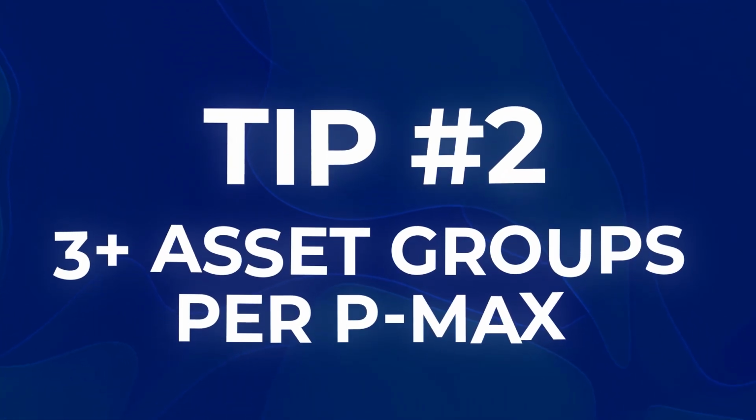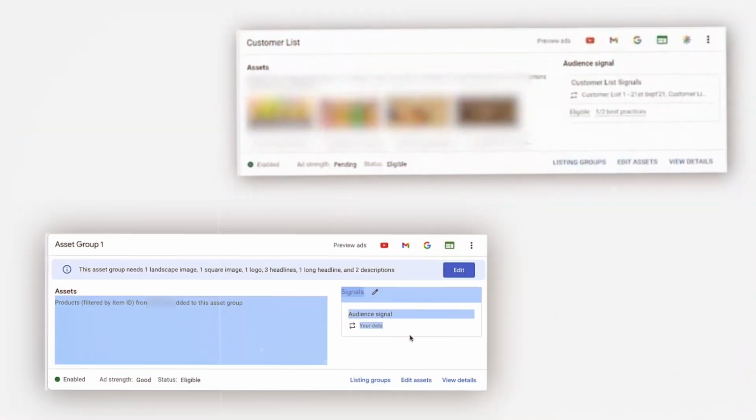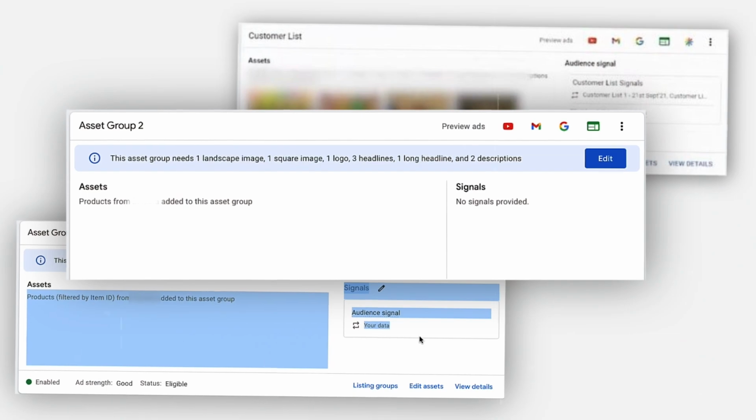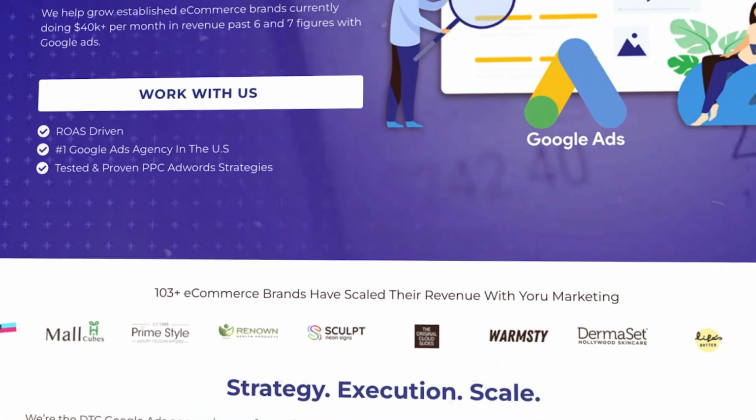Now, you want to take more of a holistic approach to the asset group section, where you slowly introduce multiple different variations for the asset groups to get tested. You need to figure out exactly what is the right approach for your brand. And the way we have been doing it for a majority of the brands under my Google Ads agency, Your Marketing,